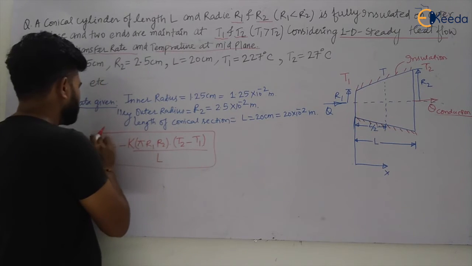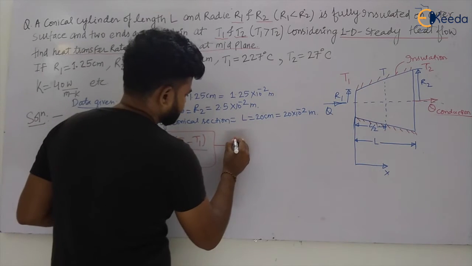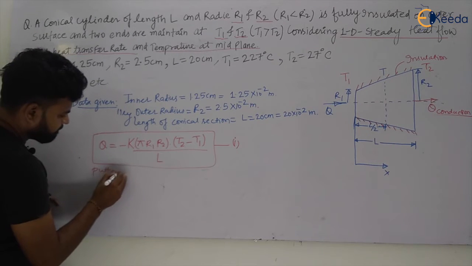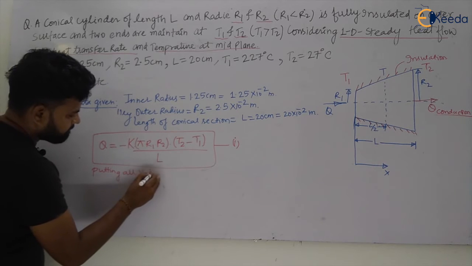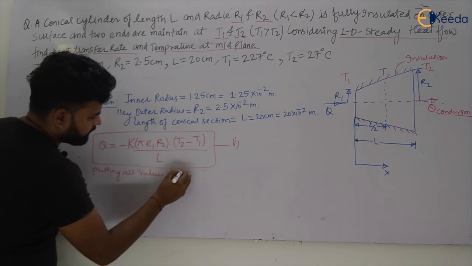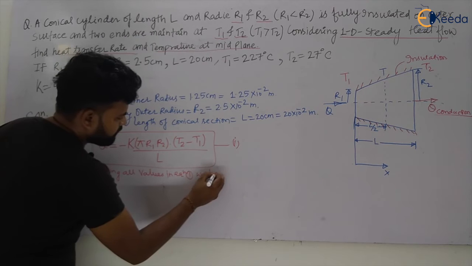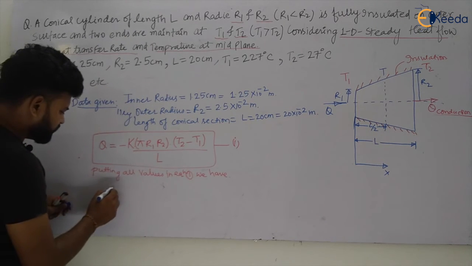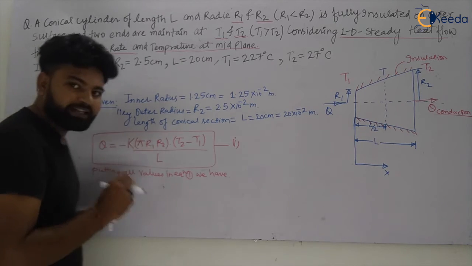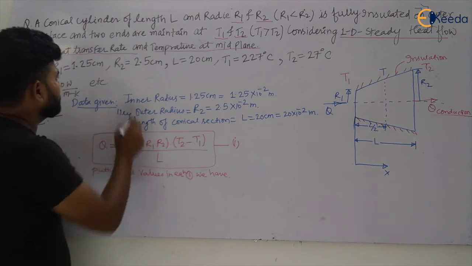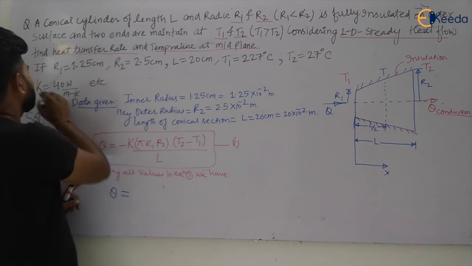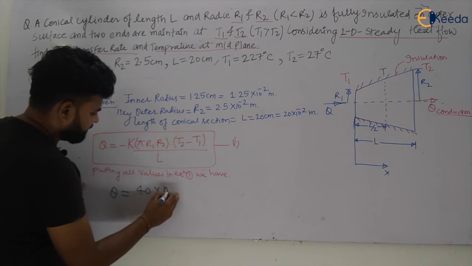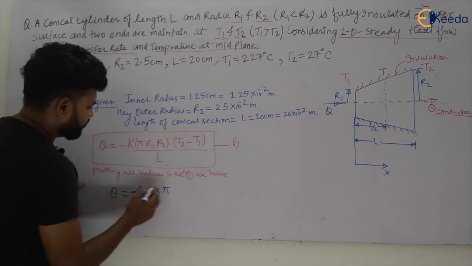So putting all values in this equation number 1, let us see what we have. Let us put all the values and do the calculation. So this will be Q is equal to minus K, that is kappa. How much is it given? So the conductivity is given to be 40 watt per meter Kelvin, multiplied by pi, and the minus sign is also there,